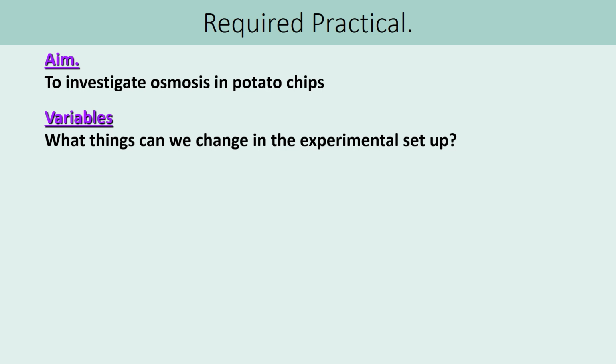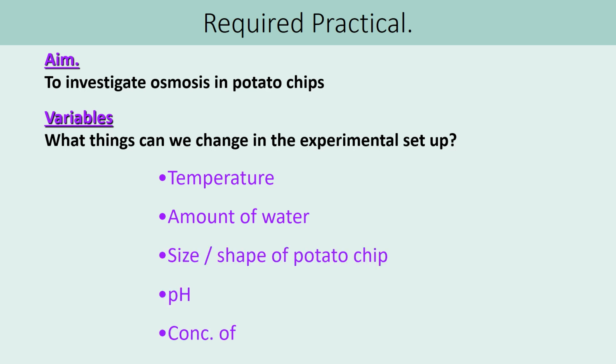So these are some different things that we could look at with osmosis. Now, temperature, because it links in with diffusion, would affect the rate of osmosis. The higher the temperature, the faster those particles are moving, so the quicker it would be. The amount of water, now I hate the word amount, please never use the word amount in your exam answers. We should be putting concentration, volume, etc. But the amount of water, which links in with the one at the bottom, the concentration of a sugar solution,